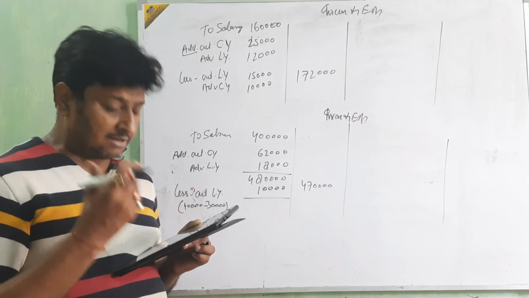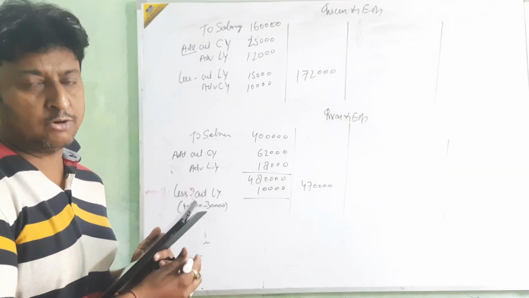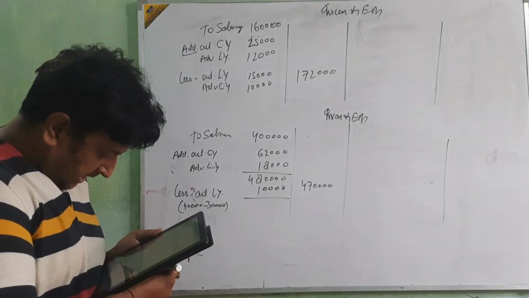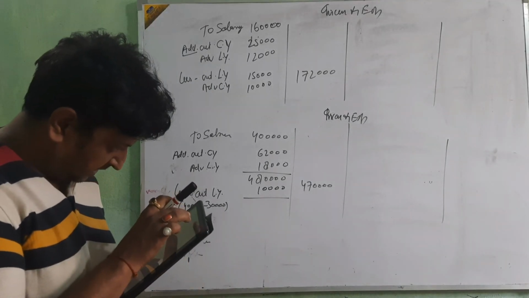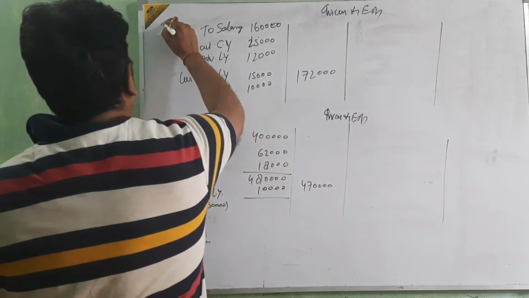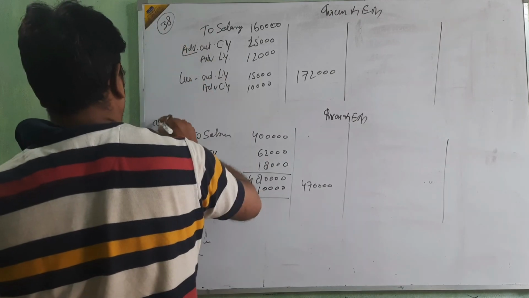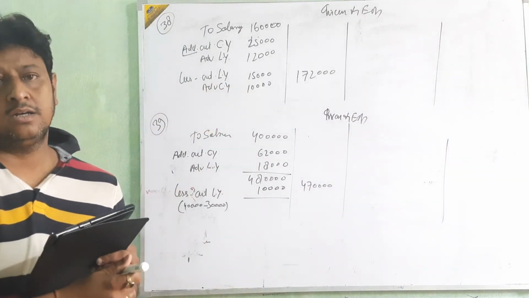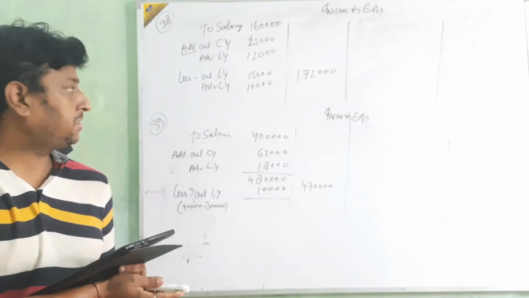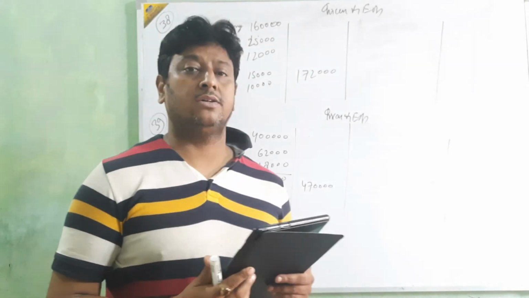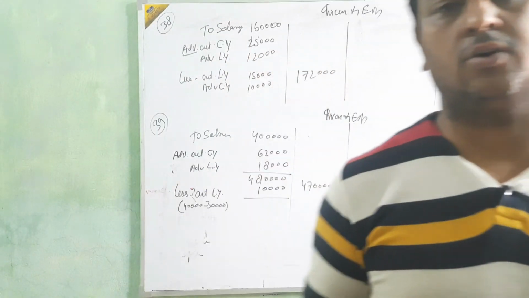Now we will try to solve the other questions, and if there is any problem, tell me about that. Okay? It's questions 38 and 39 with the new book. Okay? 40, 41, 42, 43, you will try. If there is any problem, then tell me about that. Okay, beta? Clear? Okay. Thank you.